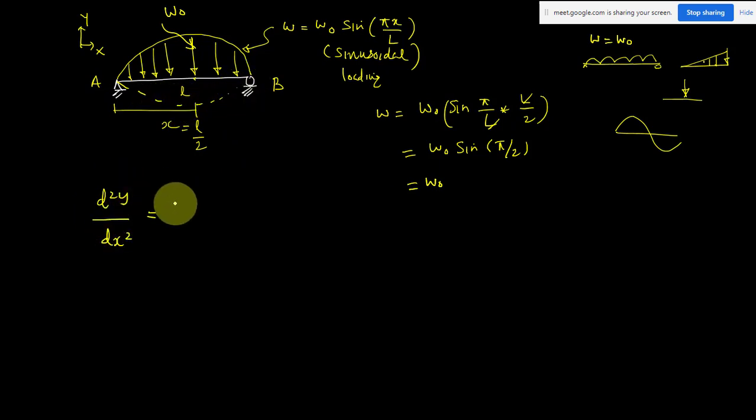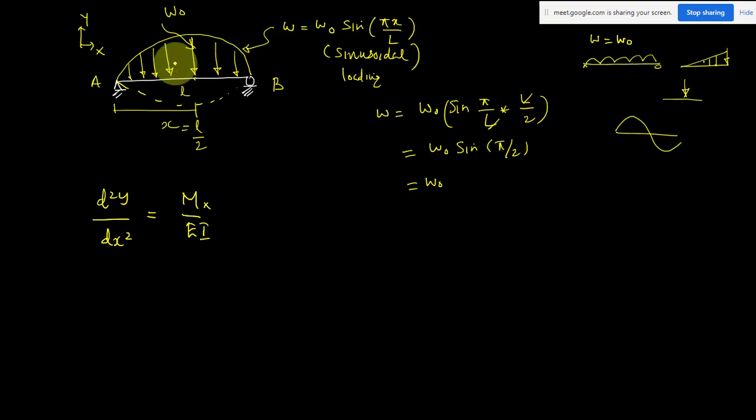The differential equation is d square y by dx square equal to M by EI. The next step is to integrate two times, and you will get the deflection. But I have to write the equation for the moment. Even writing the moment equation for this loading is going to be very